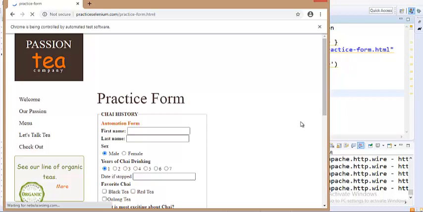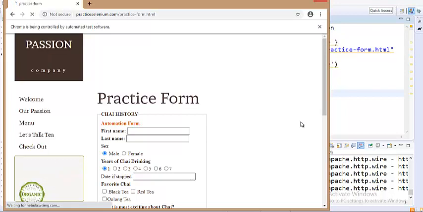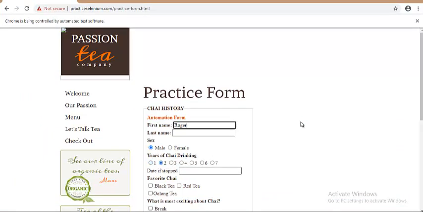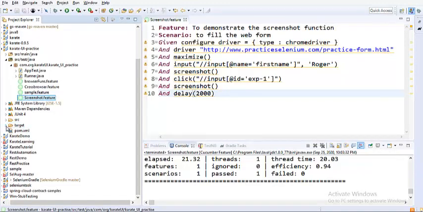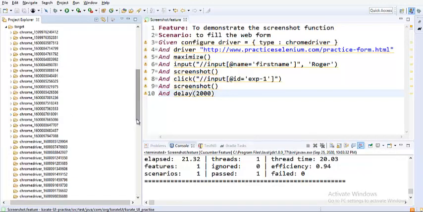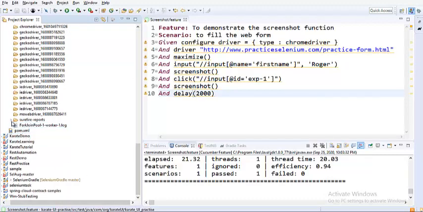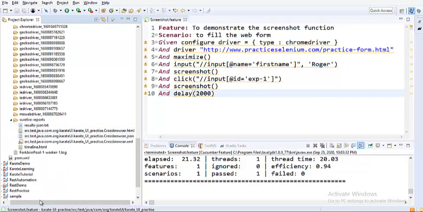That class will basically pick all the feature files that are present. So you would have seen that both the operations were performed and the test case got passed. And let's verify the report. Reports are being generated in the target folder. If you come down to the target folder, you have a folder called Surefire reports, and in the Surefire reports you have the report generated in 3 different formats: HTML format, JSON format, and XML format.